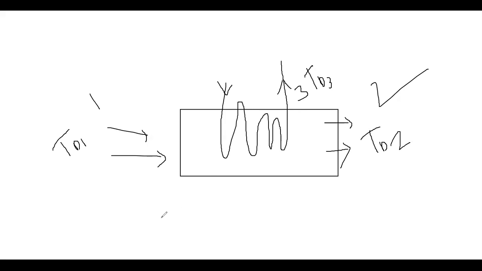Now you have to tell me which temperature is highest. This is the cooling coil, CC. TD1 is highest. What about TD2? TD2 is a little less than that. Okay, and which one is lower? Lowest temperature. TD3 is the smallest. Okay, good.